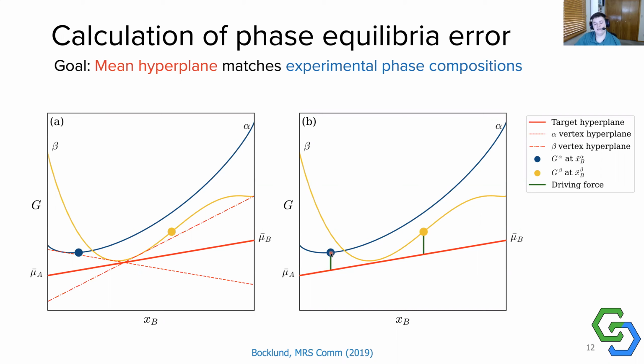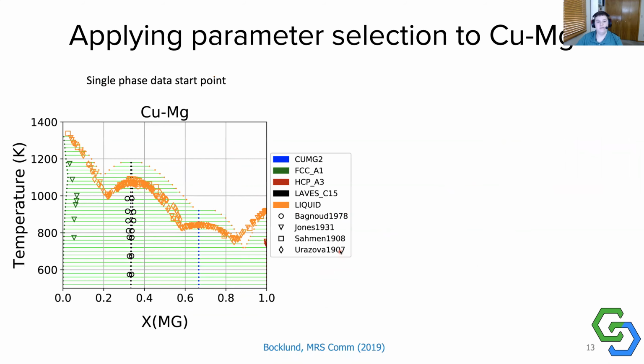And so these points should match up, and these energy curves should give local minima on the hyperplane at the phase compositions described. And so I'll show a little bit about what that looks like in data in the interactive part, but just